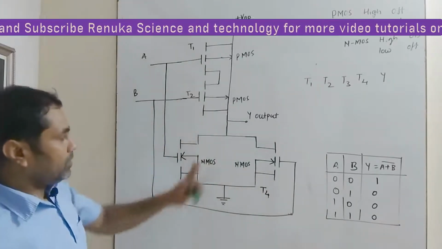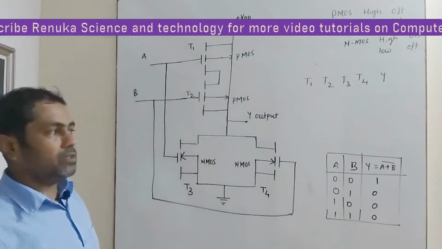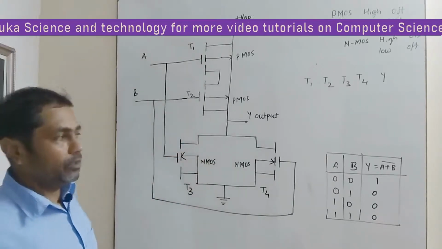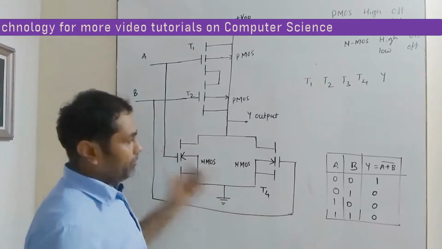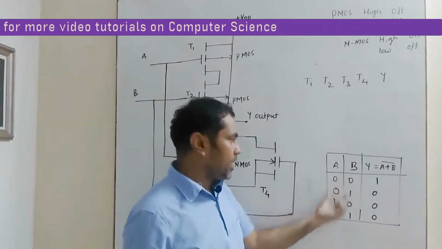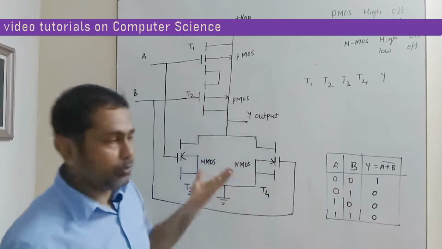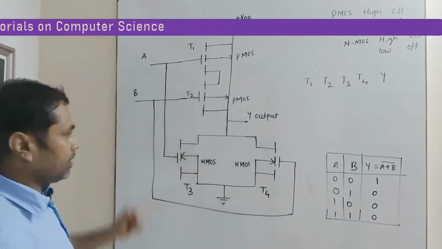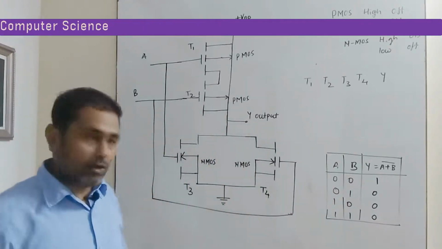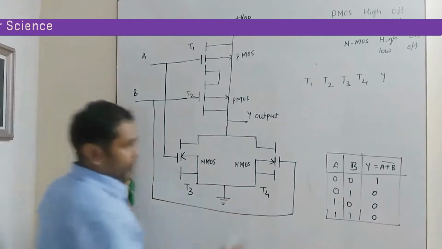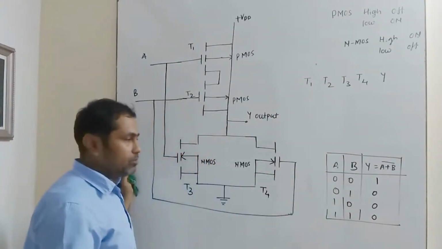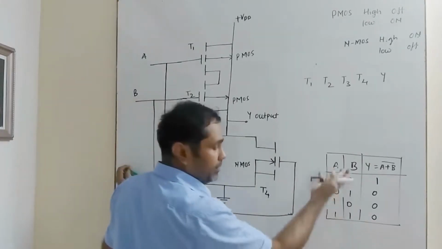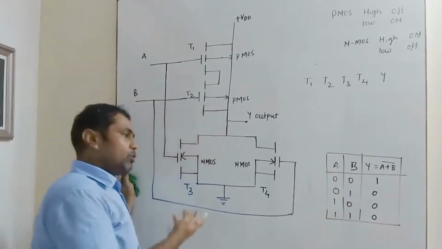So this was all about the construction details of the NOR gate using CMOS. Now let us move forward. If these types of inputs are applied, what will be the output? Let us check whether it will work like a NOR gate or not. As there are two inputs, there will be four combinations of binary levels applied to the inputs of the NOR gate.